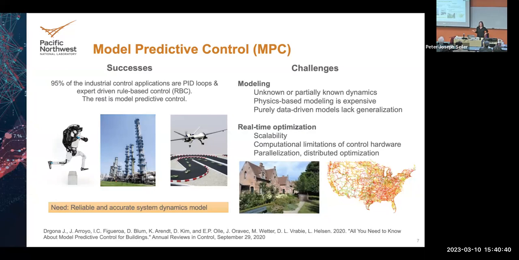Model-based predictive control means you need to get a model of the system, and every single building in this commercial and residential building stock is different from another. And that means modeling is a very difficult component. And when you think about models, there are a lot of unknowns in buildings, and modeling is expensive. And data-driven models do not really generalize. So purely data-driven.